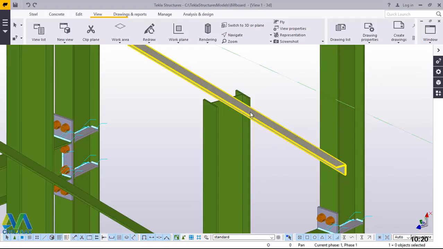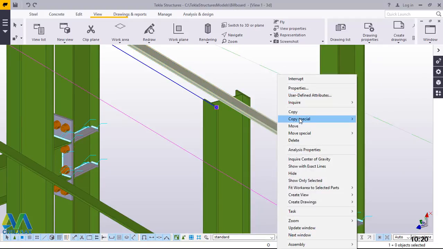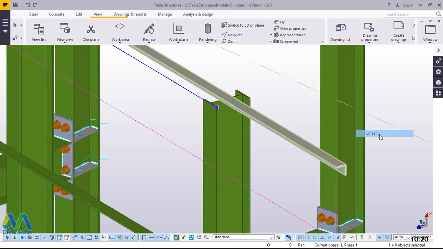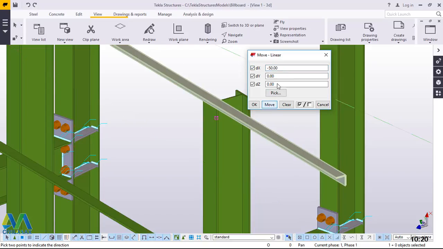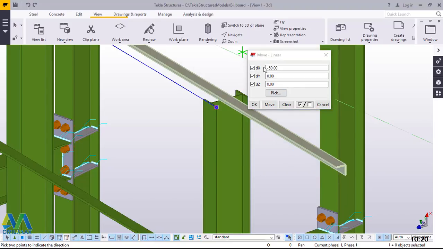I'll click on this once again, right click and come to special move, and we want to move it slightly inward, and x-axis and now y-axis will change to 0. Now coming to x-axis, we will prefix our dimension with a negative sign, and we want it to move slightly inward by 50. Let's see how it will move. Just undo that, and we'll feed here 100. 100 is okay,